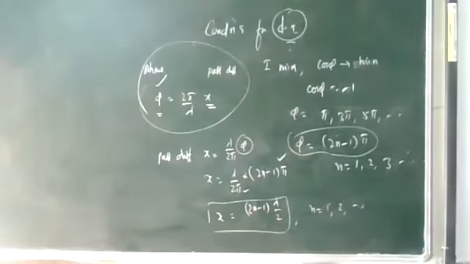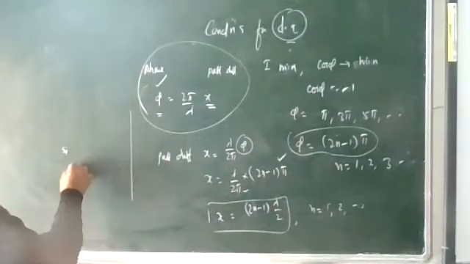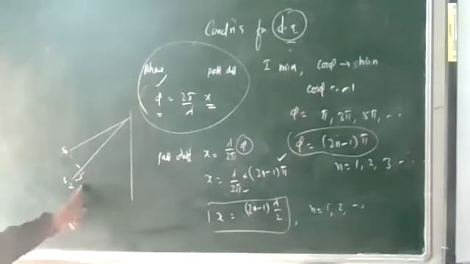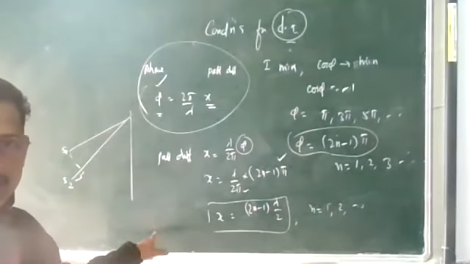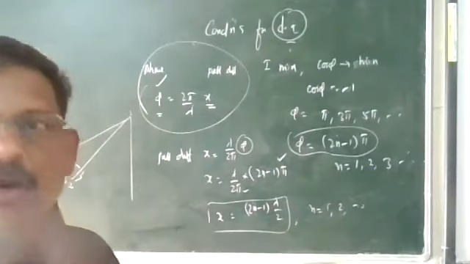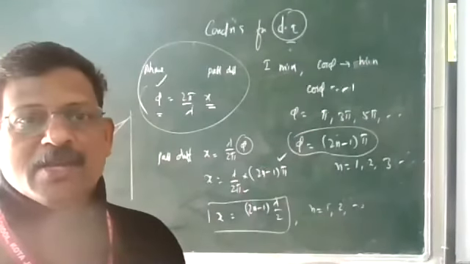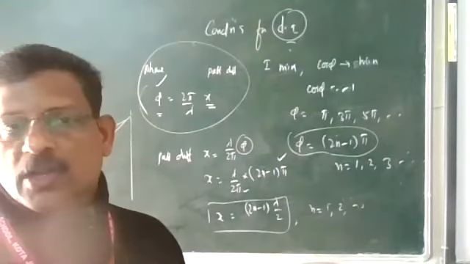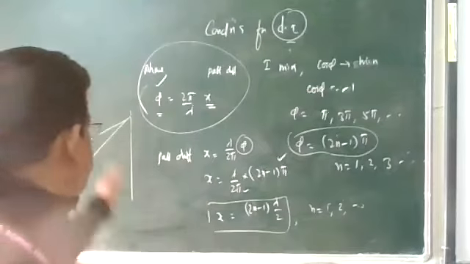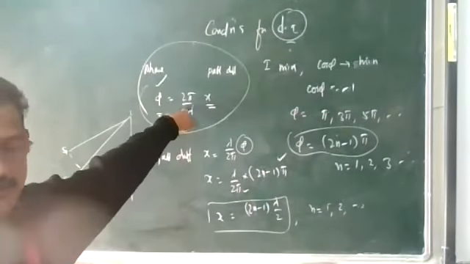So S1 is the first coherent source, S2 is the second coherent source, and this is the screen. From here light can travel any distance, so there is a difference in the path. If the difference in the path is lambda by 2, 3 lambda by 2, or 5 lambda by 2, such a point will appear dark on the screen. So these are the conditions for constructive and destructive interference. Very important: these are the values of phase difference and path difference. Corresponding to the difference in the path, there will be a phase difference. That equation is here. This is from class.